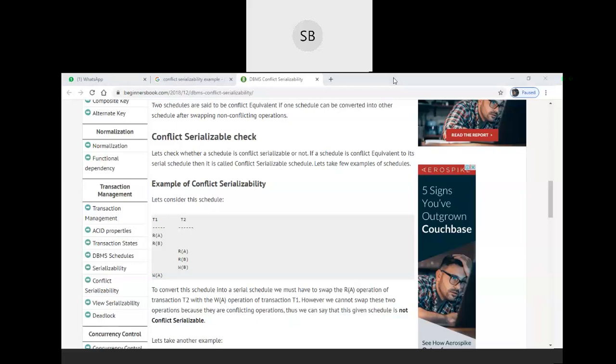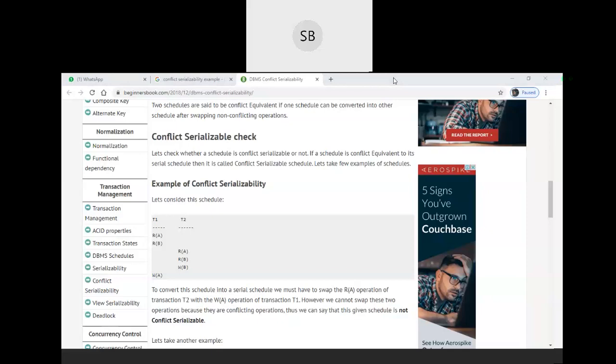The cycle graph comes much later, but to check whether any schedule is conflict serializable or not, we have to check for the conflicting pairs, right? So how do we find the conflicting pairs? What were the conditions for finding the conflicting pairs? Forgot everything.